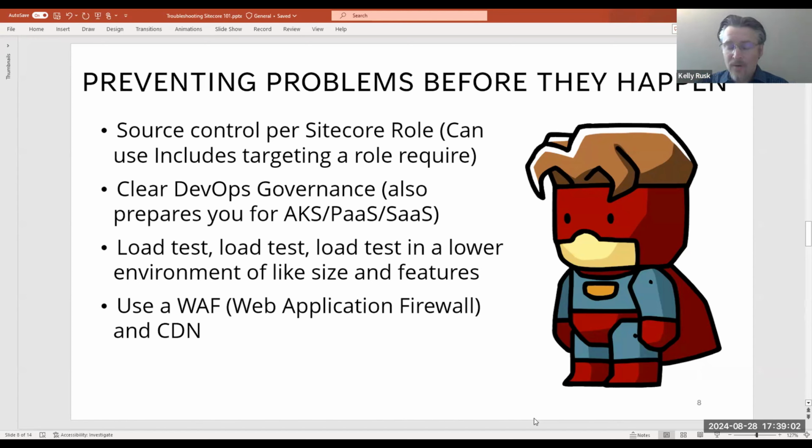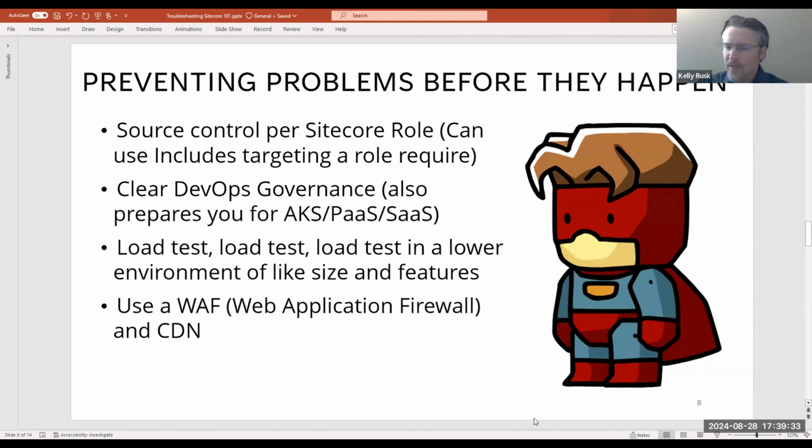Whether you're on-prem now or looking towards something else or already in SaaS, DevOps with proper stage gates helps you test. It creates clarity and ensures that environments have the same architectural integrity. When I speak to architectural integrity, these have the same type of roles. In production, it might be a different scale. You might have like 20 CDs, for example, in production, maybe just 2 in dev, but they're the same roles and same types. So if you can follow architectural integrity with good DevOps, talking about stage gates that you go